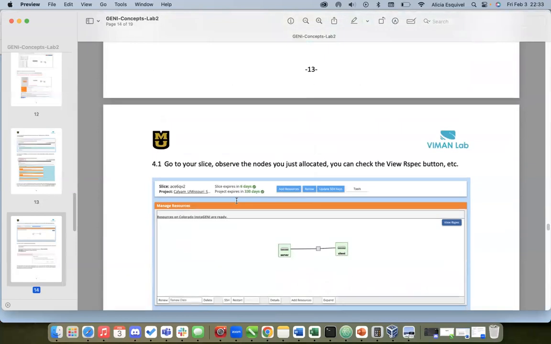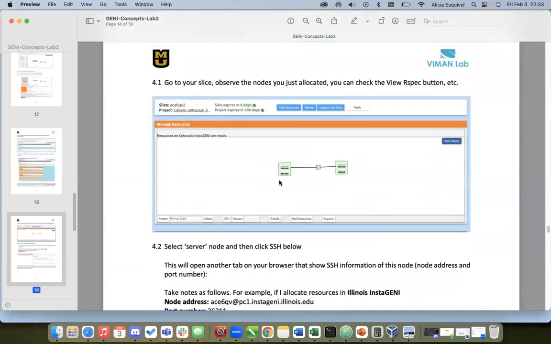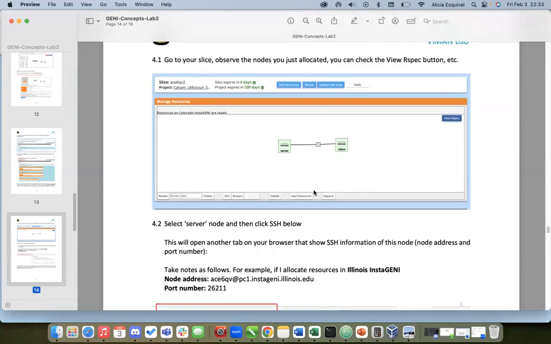You should be able to see both client and server in a green color, which means they're available and you can have access to them. As well, you have the message that says your resources on Colorado InstaGENI are ready. So what we are going to do now is try to